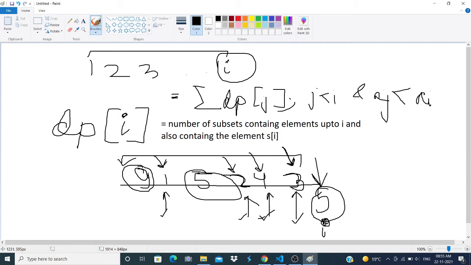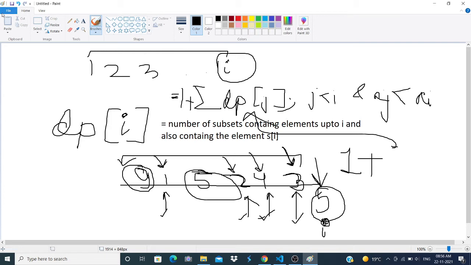Actually it might also be possible that I don't include anything, right? I neither took 1, nor took 2. So I don't take any of 1, 2, 4 or 3. This might also be possible. So in that case, there will be just one subset, and that subset will contain just the element 5 and 9. So in that case, I will have to add 1 to it. So my answer will be 1 plus this thing. So actually this should be 1 plus this, right? 1 plus this.